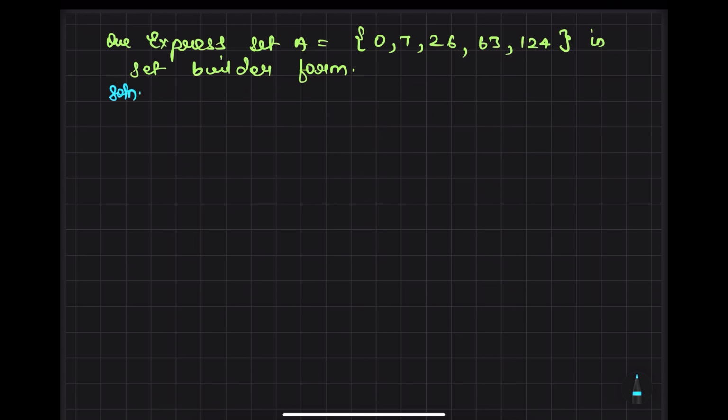If you observe the numbers, they are close to cubes. 1 cube is 1, 8, 27, 64, 125. So it is close to cubes, correct? So can I write A is, now look at the elements, because it is close to cubes, can I say that it is less by 1. So 1 cube minus 1 is 0. 2 cube is 8, 8 minus 1 is 7. Okay,